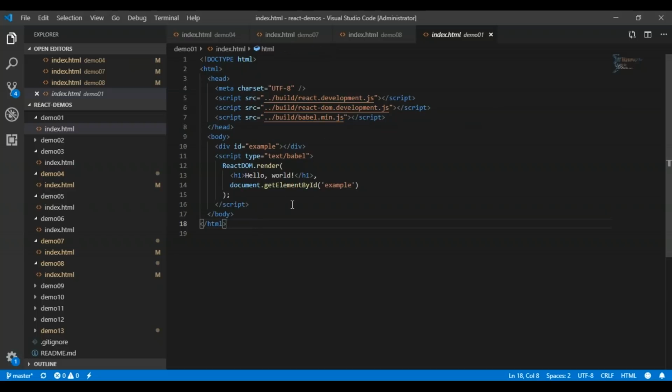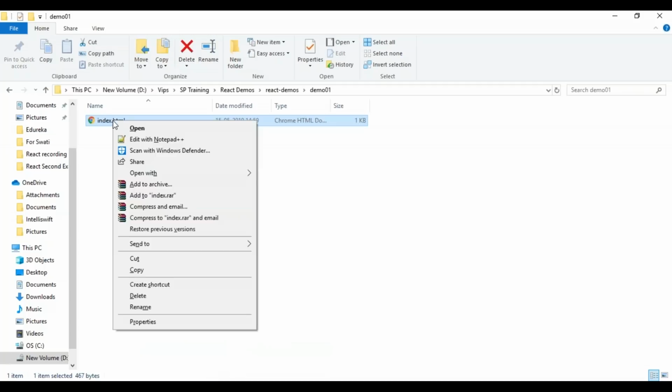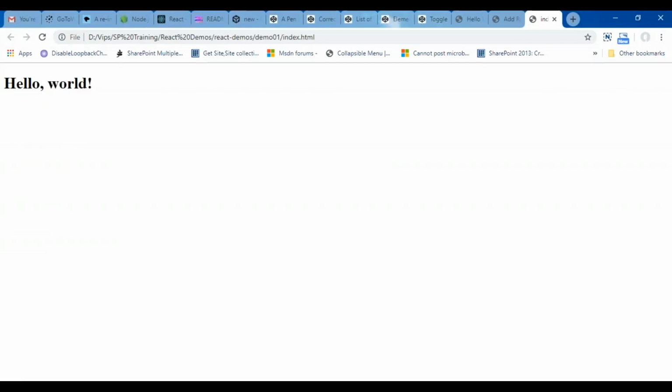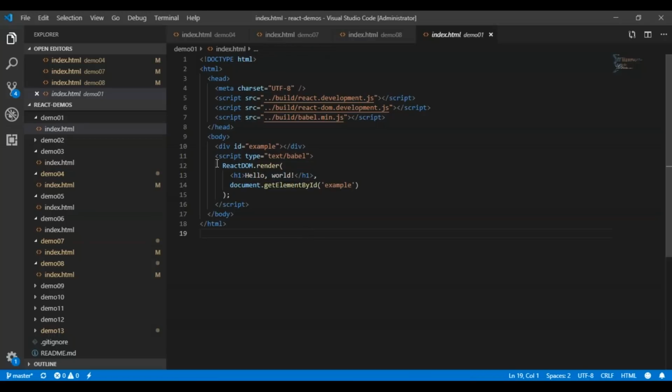Now, if I run this code, the script tag will get executed, and in ReactDOM.render I have written hello world. So let's run this piece of code. I'm just running this HTML file and opening it in a browser. You can see the output is showing me hello world, which is written in the script tag in ReactDOM.render in the h1 tag. Please remember that this render method always takes two parameters. The first is your JSX element and the other is your placeholder.